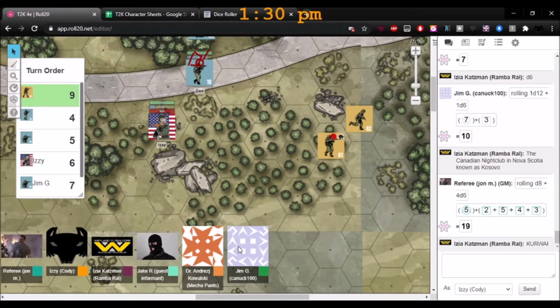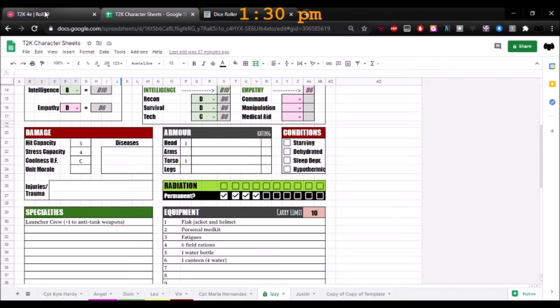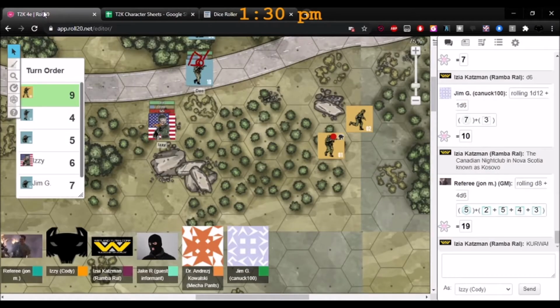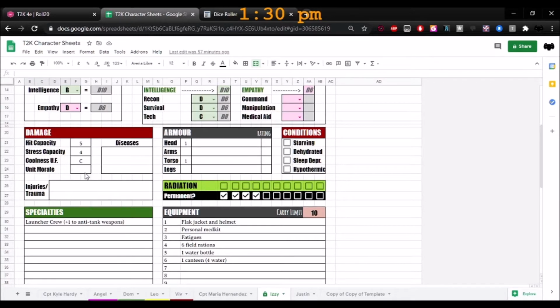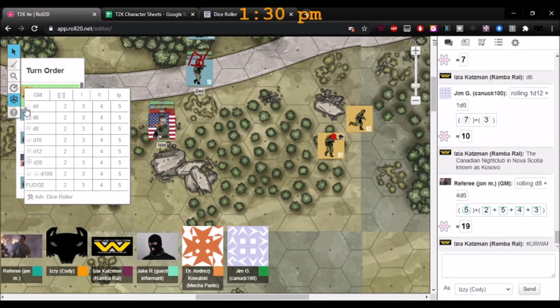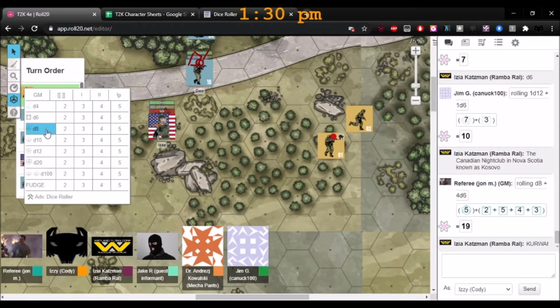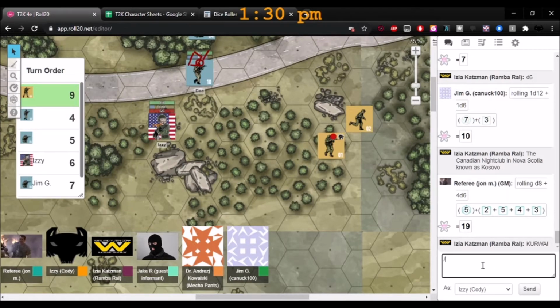But you do have to make a coolness under fire check. Now, you are within line of sight to some of your comrades, so you get to add the group morale. The group morale is a d6. So you roll your basic coolness under fire and add a d6 to it. Okay, coolness under fire is C. So is that a D8? C is D8. Okay, and then the bonus is a D6, and that's it. Okay, D8 plus D6.